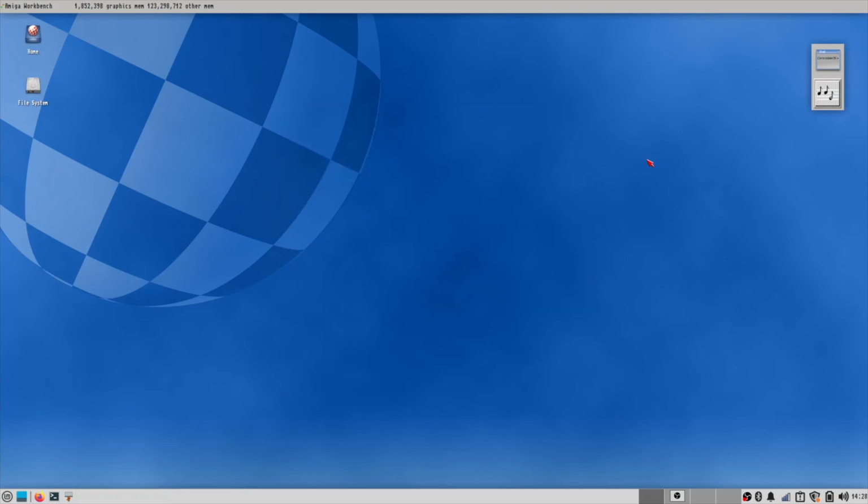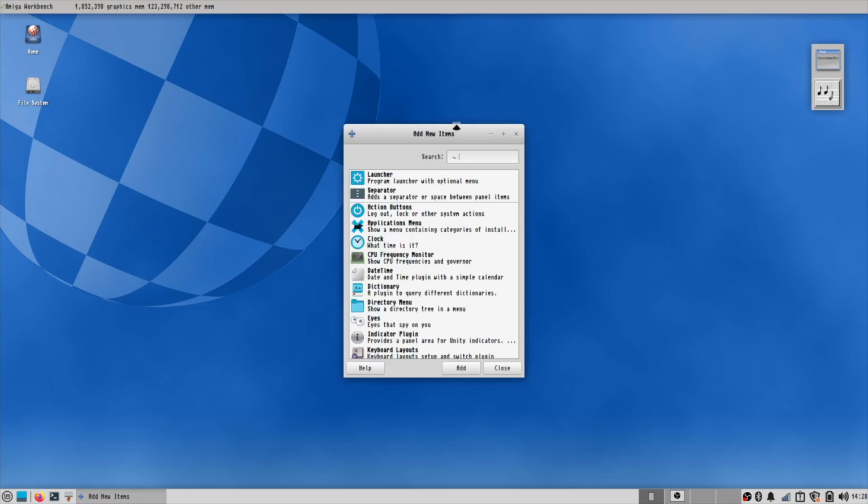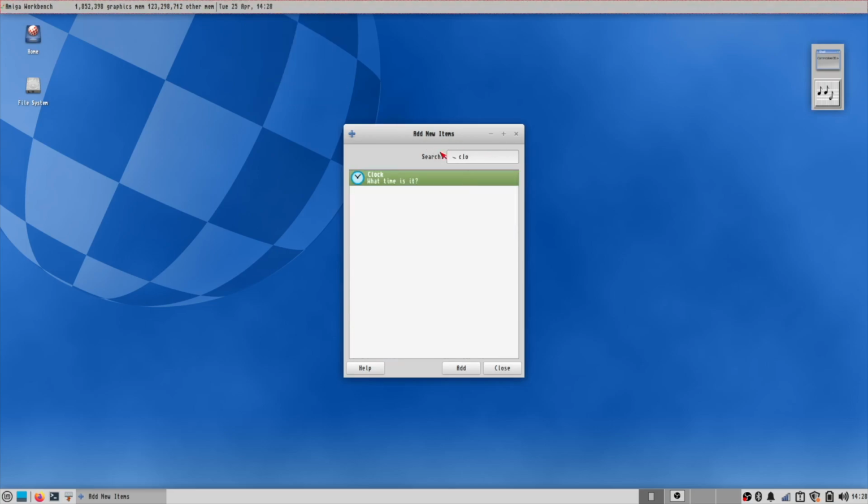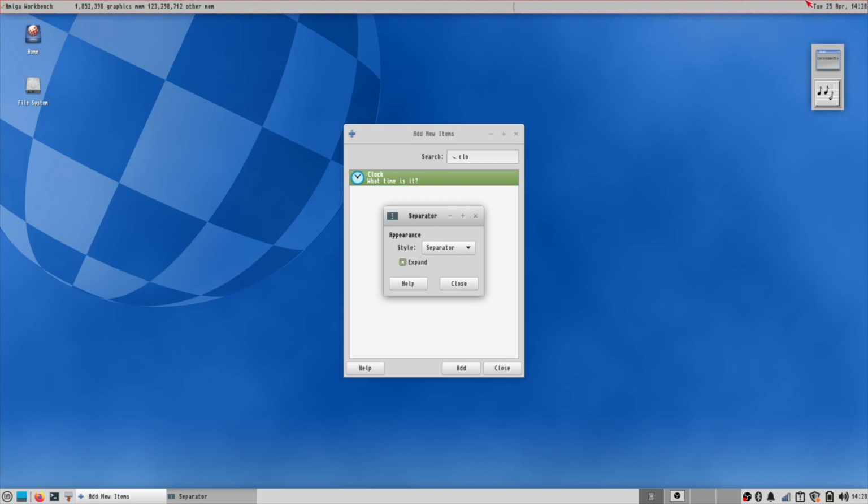One of those things that I like in modern systems is to be able to know the time. So as I said, I wanted this to be a modern Amiga feel. I want to have the time up here. So we need to add some items. So I will add a separator like this, and like this. And if we press properties on the separator, you can press expand, and then we have the clock all the